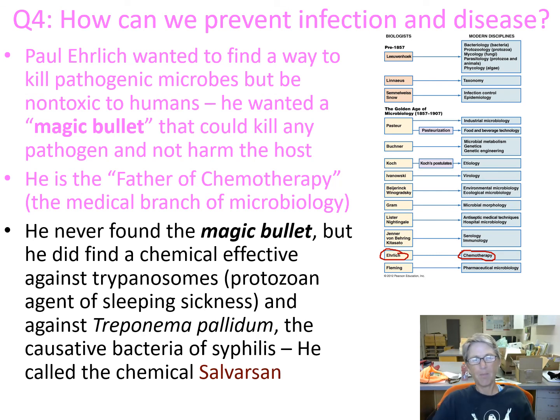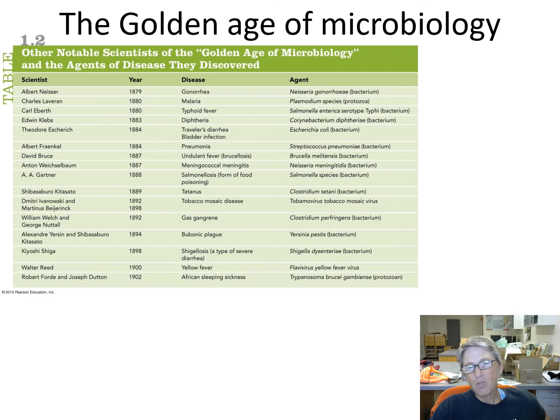He never found the magic bullet, but he did find a chemical that was effective against this protozoan that causes sleeping sickness called trypanosome, and against my favorite microbe, just because of the name, Treponema pallidum. That's the causative bacterial agent of syphilis. And he found this chemical, he called it salvarsan, and he used it to treat syphilis. Other notable scientists in the golden age of microbiology, so you can check this out, but I think that's the last